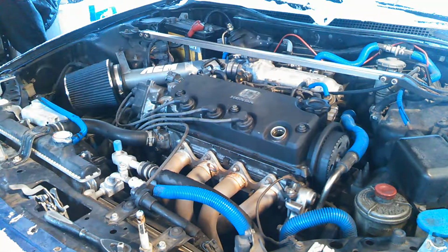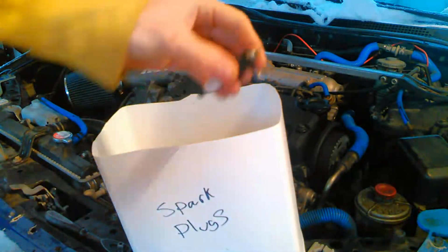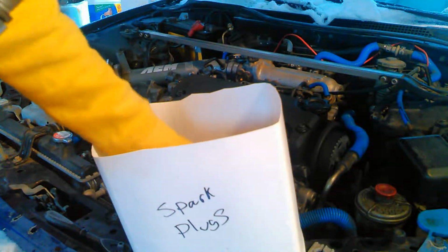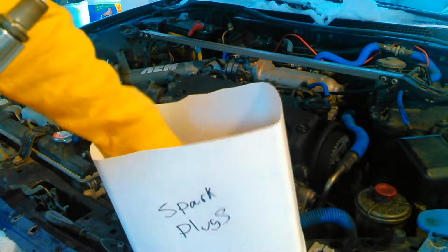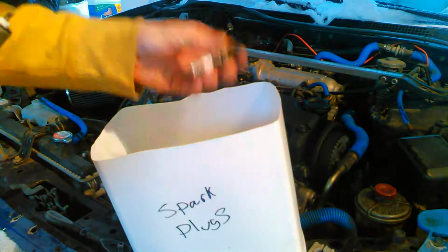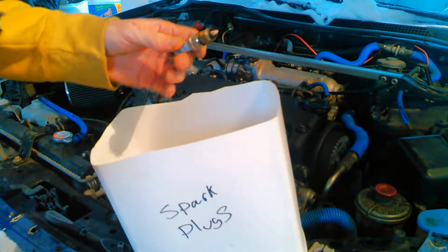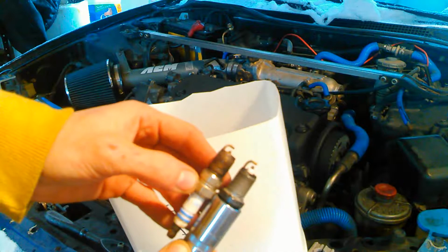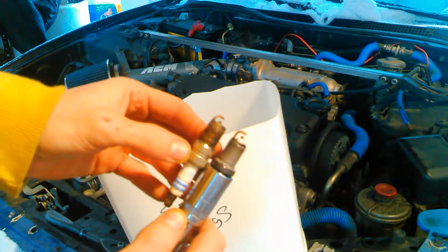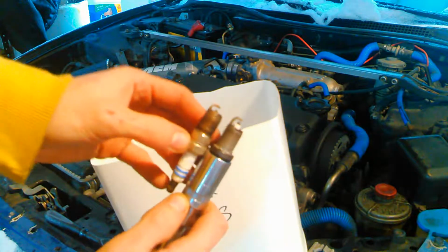I'm gonna grab a box of spark plugs here and show you one that isn't so good. Here, let's find a bad one in here. Yeah, there we go. I don't know how well you can really see these on this camera. It's not the best quality thing in the world, but